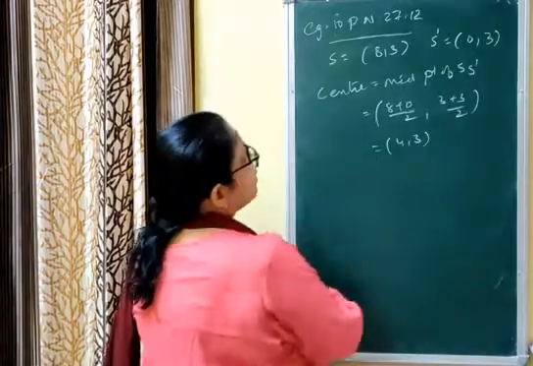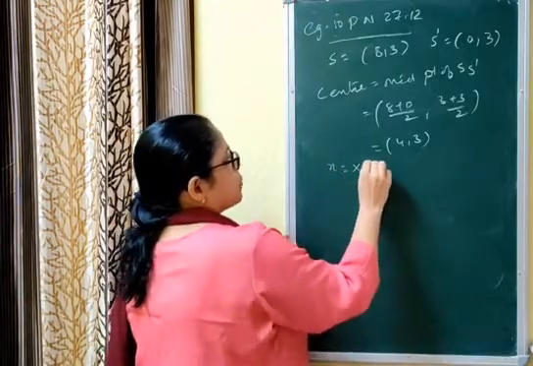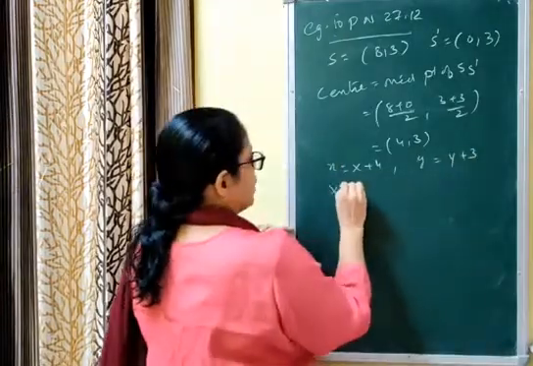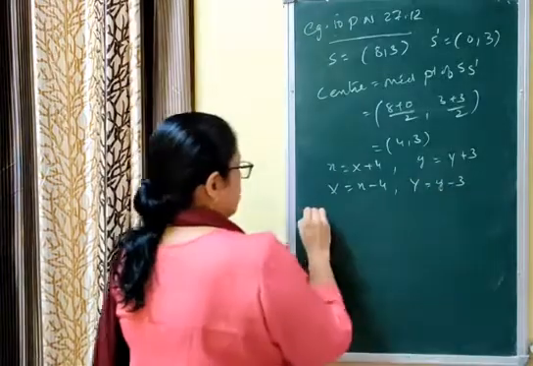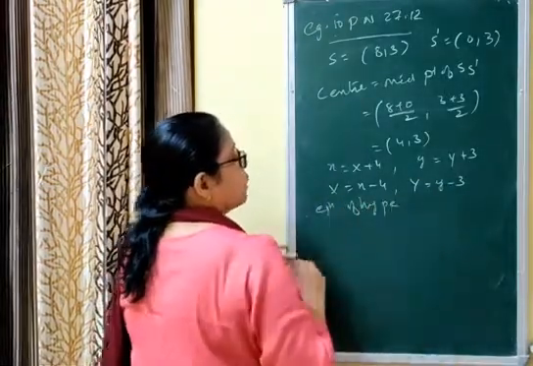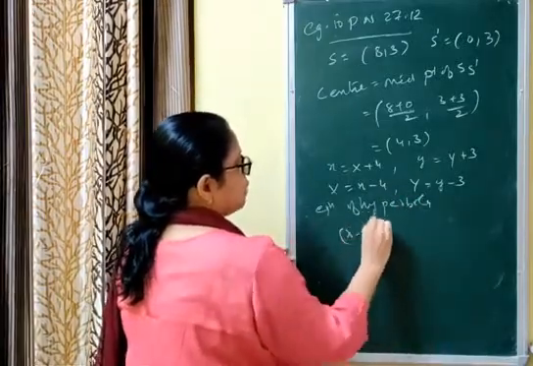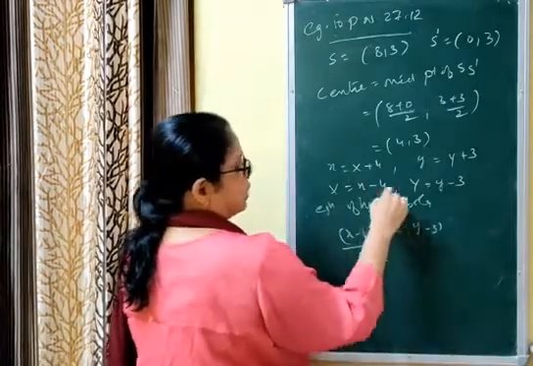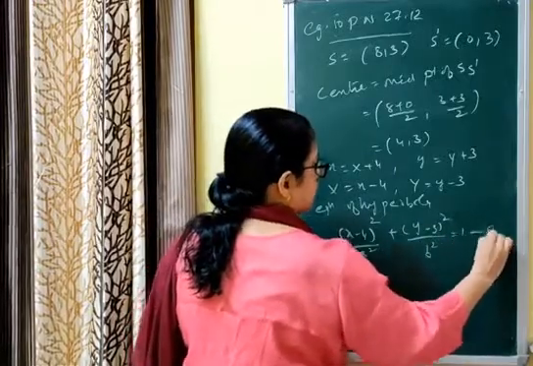Now here again the concept of shifting origin is coming. Small x equal to capital X plus 4, small y equal to capital Y plus 3. From this, capital X equals small x minus 4, capital Y equals y minus 3. Therefore, the equation of hyperbola, by using the concept of shifting origin, is (x minus 4) whole square by a square minus, why this minus sign is coming, I have written clearly, (y minus 3) whole square upon b square is equal to 1. This is equation number 1.